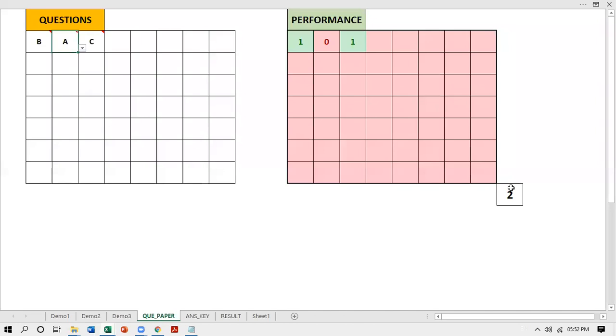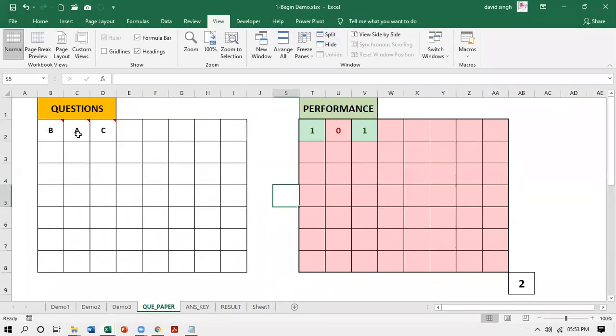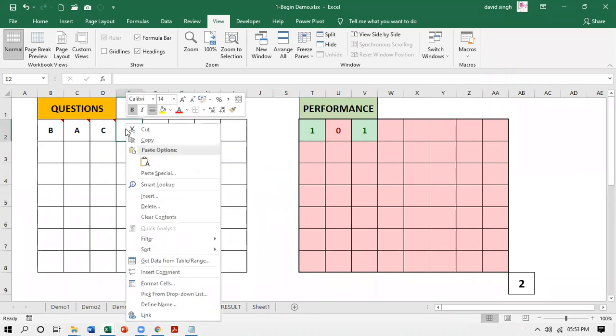So it is just the creativity and idea you have to put in, how you are going to present your worksheet. And the only new thing here is how the questions are coming. So let me show you quickly. Now these are called comments. When I bring the pointer on the cell, the comment appears. Let us see how to add the comment. It is very simple. You right click on any cell and go for the Insert Comment option.